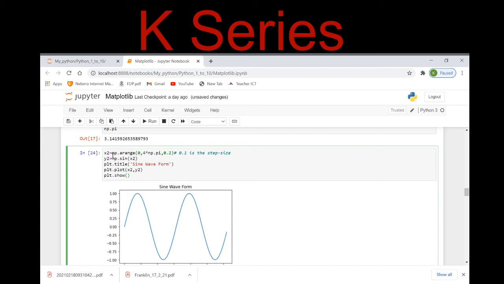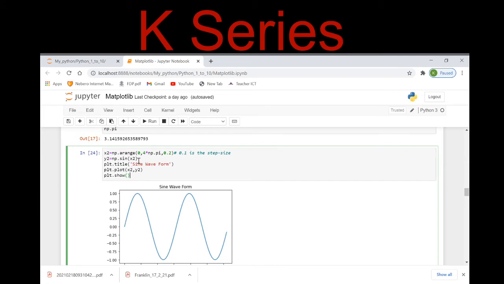Here I am taking x2 as arange from the points 0 to 4 into pi, right? And my step size is 0.2 here. I may change it to 0.1, or I may raise it also, right?